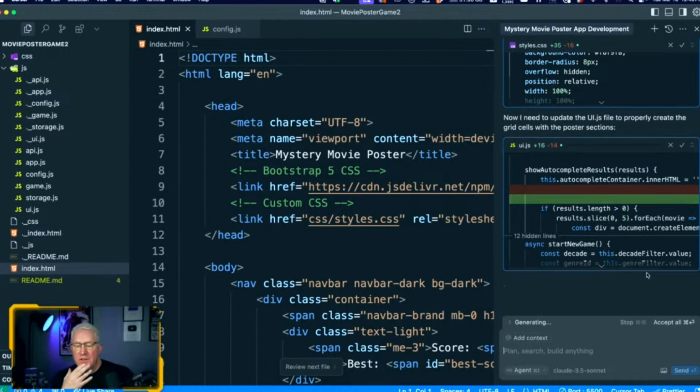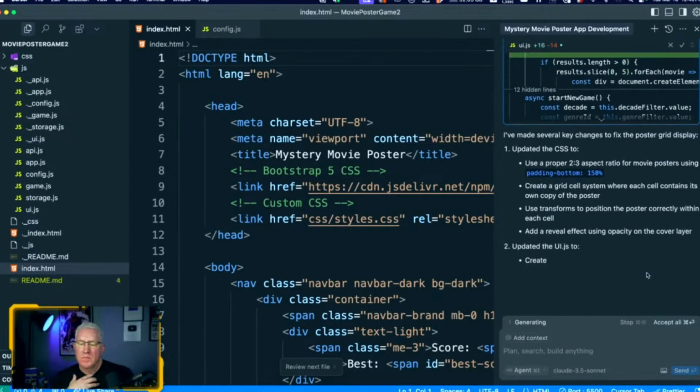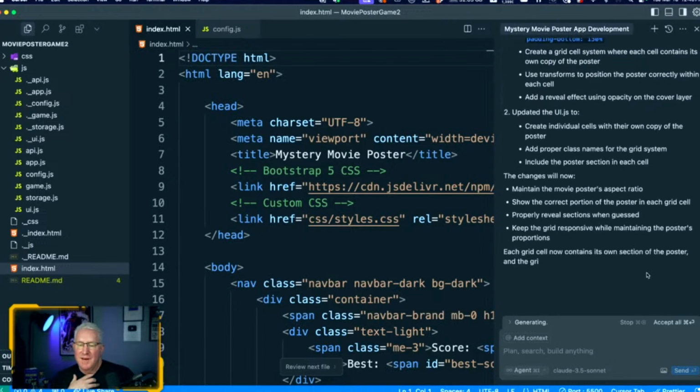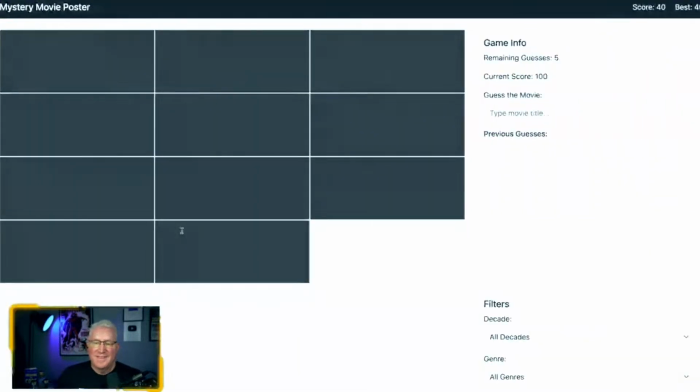Still thinking about the next file. Okay, so here's the changes it's made. Sure, we're cool with those. I'm vibing with those changes. Let's accept all and let's go. Is this how it works when you push a PR into GitHub, that the guy just accepts all? I don't know. That's what I think happens.